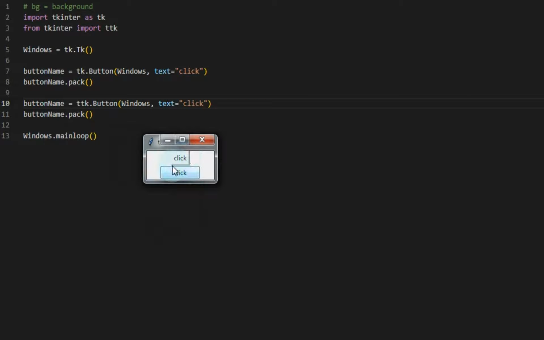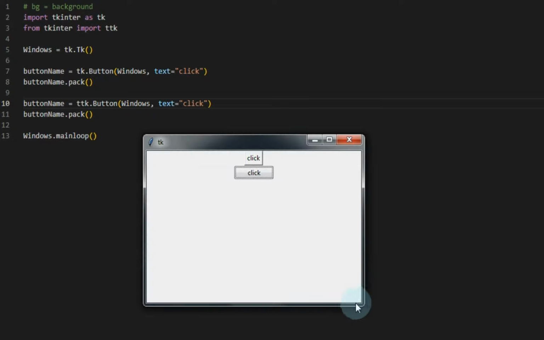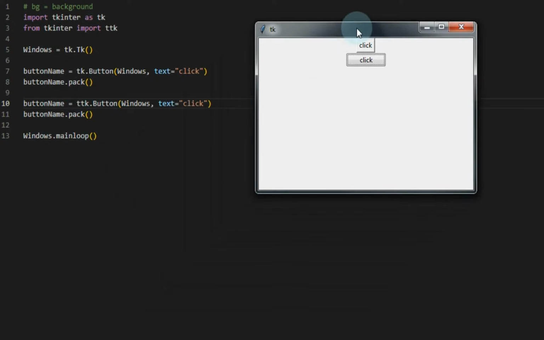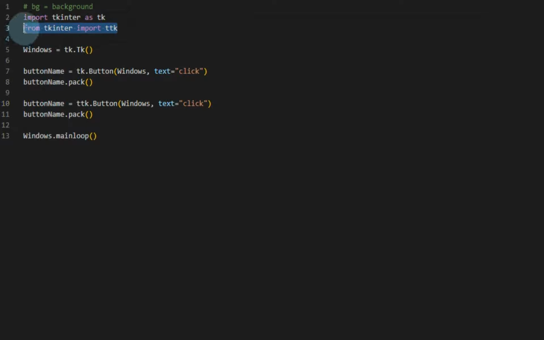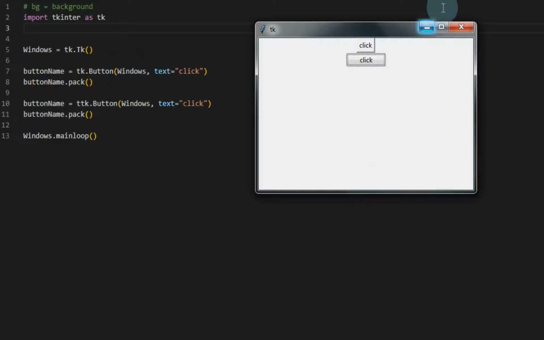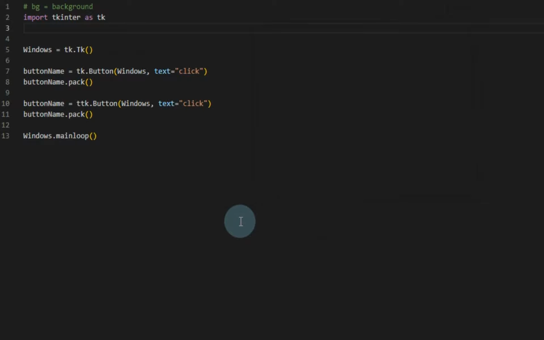You will see something just like this. What's the difference between the two buttons? One is looking great, and this one is looking like just a simple button. These are nothing but the difference between tk and ttk. If you want to write this one,